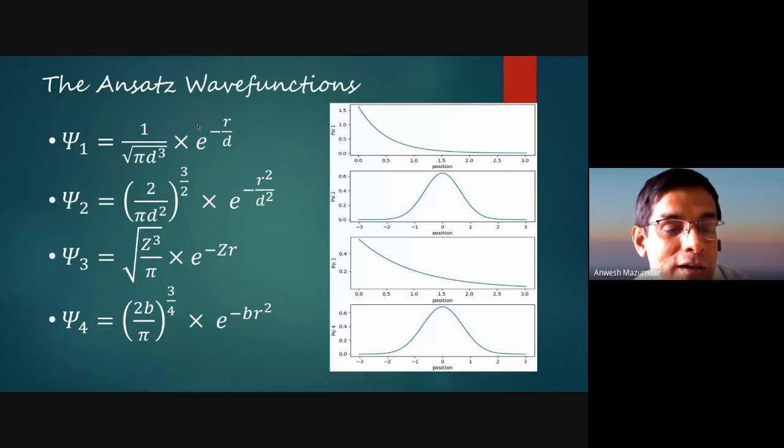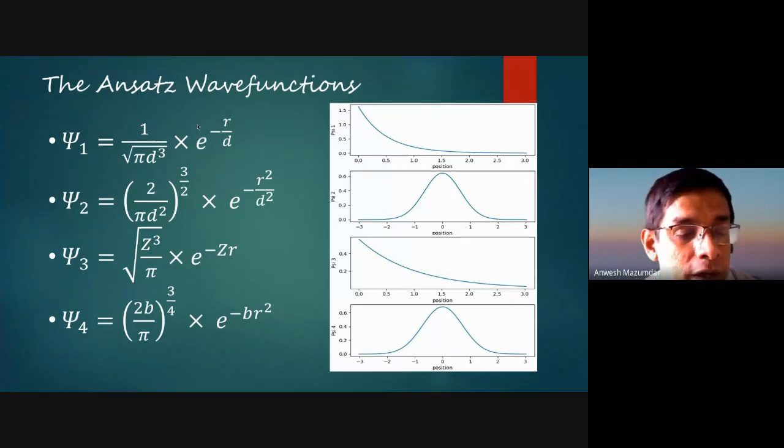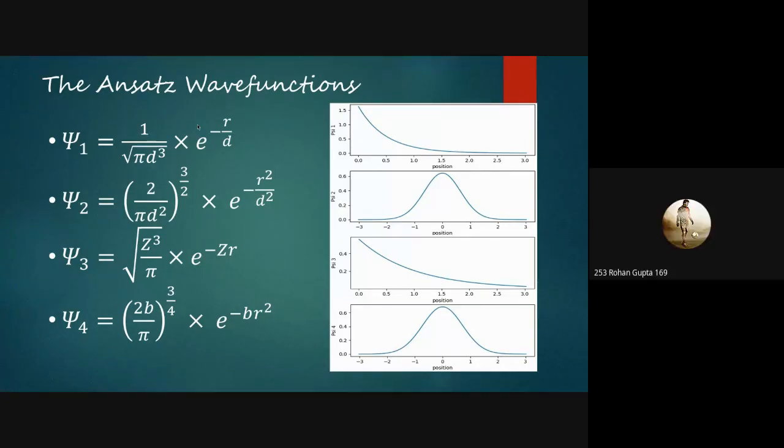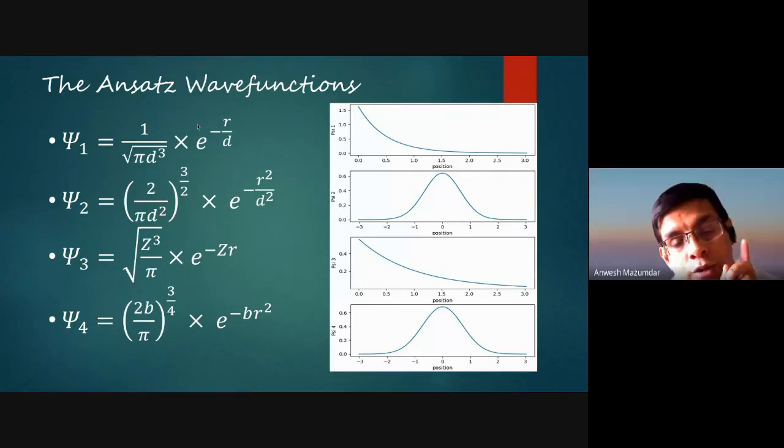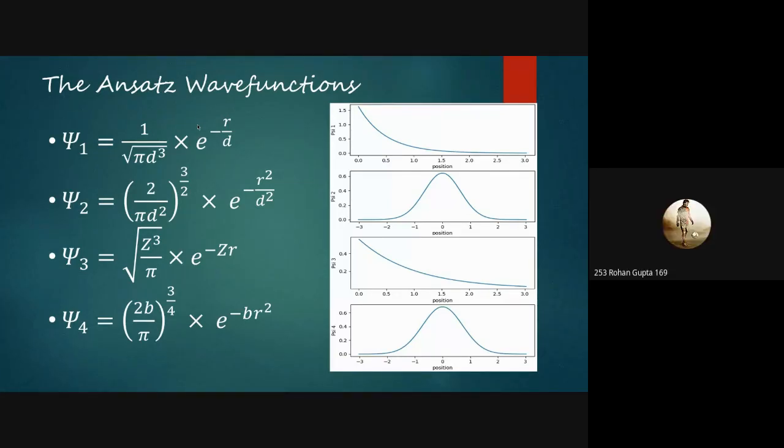I was wondering, you have done it for the hydrogen atom. Have you tried it for any other hydrogen-like atom? Yes, sir. We wanted to apply the same method to the helium atom as well, because if we ignore the potential term 1 upon R1 minus R2, we can divide it into two hydrogen atoms, and then it could be solved through the same variational method. But in Python there was some computational error, and we had to drop that idea.